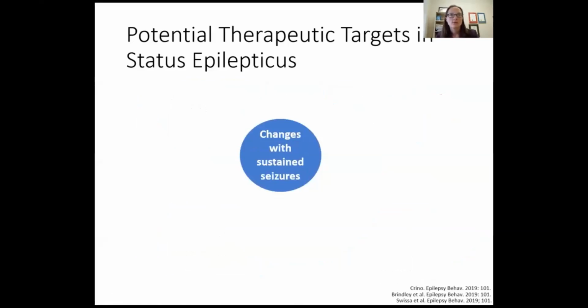We look for potential therapeutic targets in status epilepticus, and researchers looking forward have a lot of mechanisms that are being investigated. So we've talked about changes that occur with sustained seizures, and all of these mechanisms are potential therapeutic targets. When we think about inflammation or cytokine release and prostaglandins being involved in those pathways, as well as reactive oxygen species, these are all potential pathways for intervention. Specifically, researchers are looking into anakinra and tocilizumab, among other substances that can target all of these pathways in an attempt to reduce the cytokine profiles or other